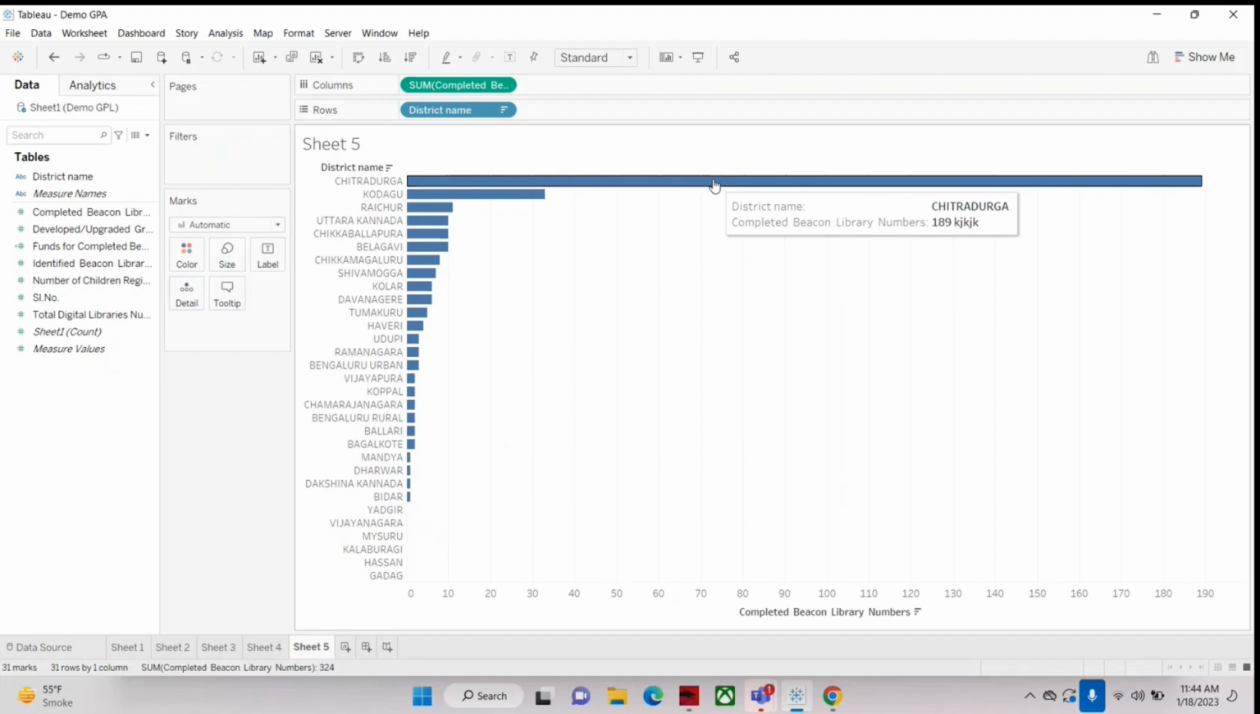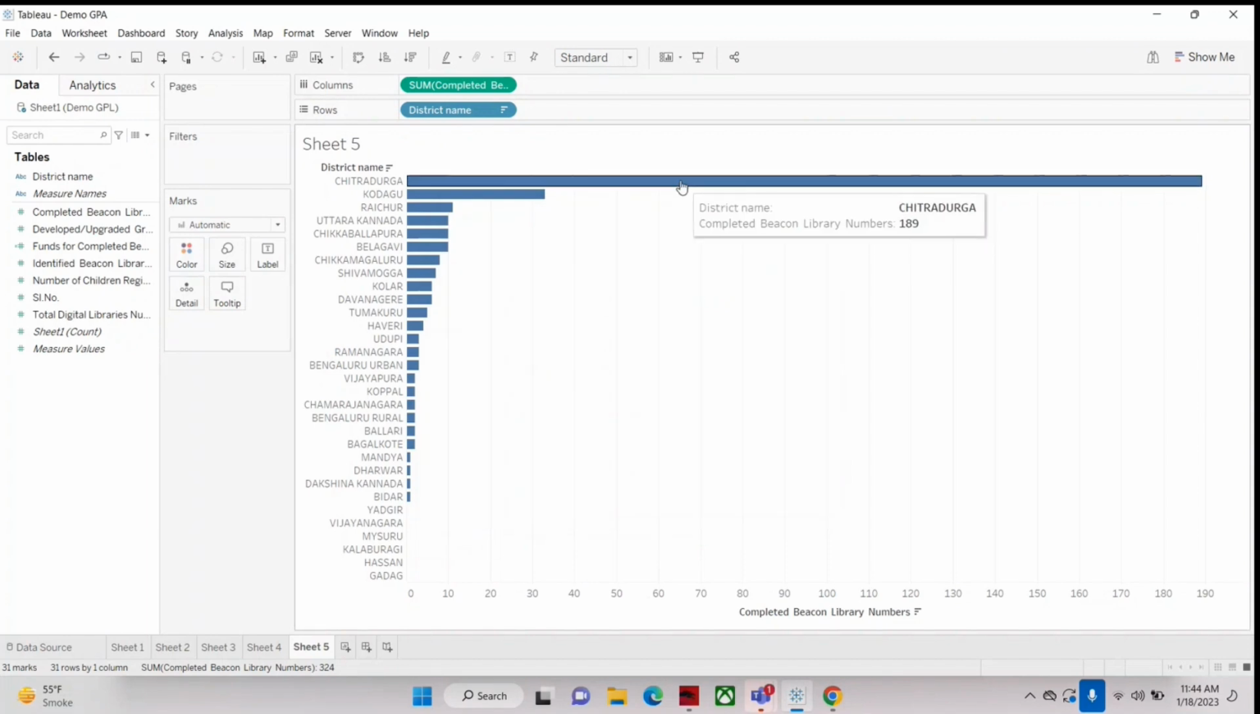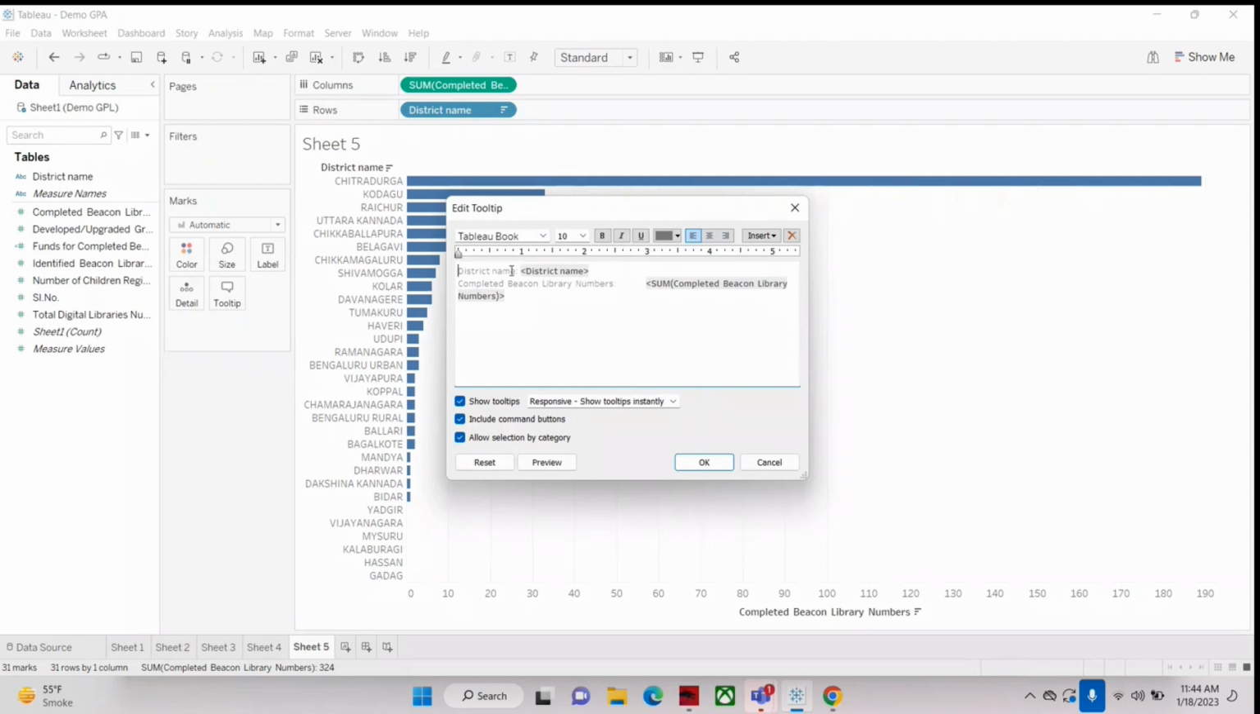Like KJK I have written. Now to make it more meaningful, suppose we want to say that this Chitradurga has 189 libraries. By default, the system generates this tooltip. But now we want to display it differently. We want the district name, but not as text. District name means Chitradurga, so this will show as